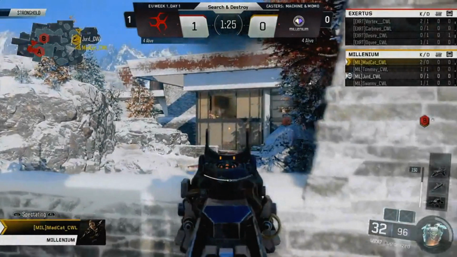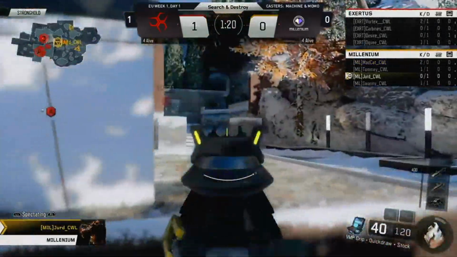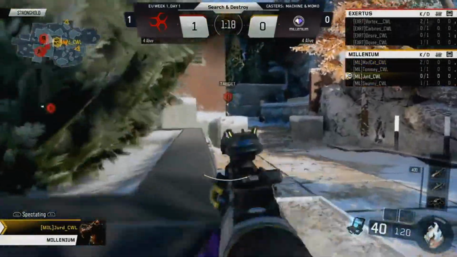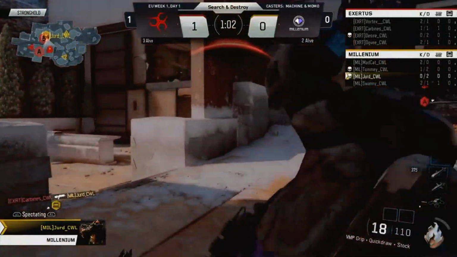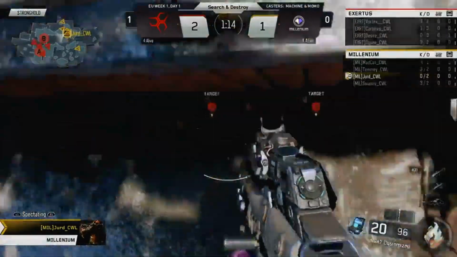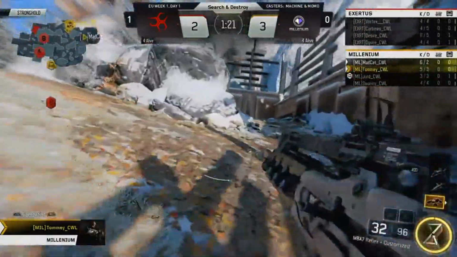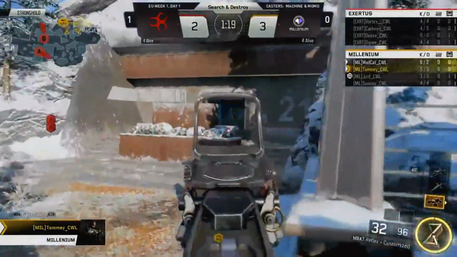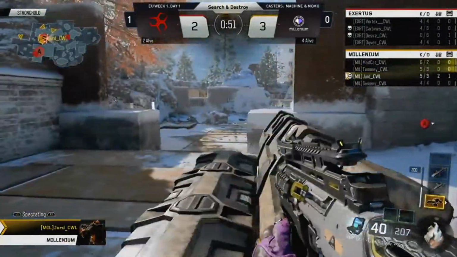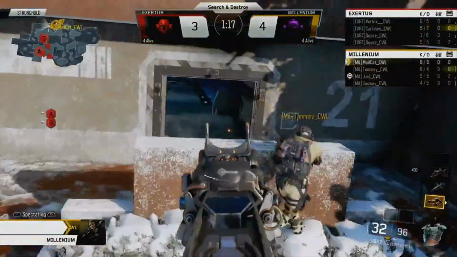Another thing to bear in mind are the previous rounds in which Exertus were on the defense and Millenium were on the attack. The second round saw Exertus send 3 to the mansion and 1 to fire pit, with Millenium's intended plant site being B. The fourth round saw Exertus send 3 to the mansion again, with 1 left in the car park and Millenium planting at A. The sixth round saw Exertus send 2 to the mansion and 2 to the bunker, with Millenium planting at B. And finally, in the 8th round, they sent 3 to the mansion, 1 to fire pit, with